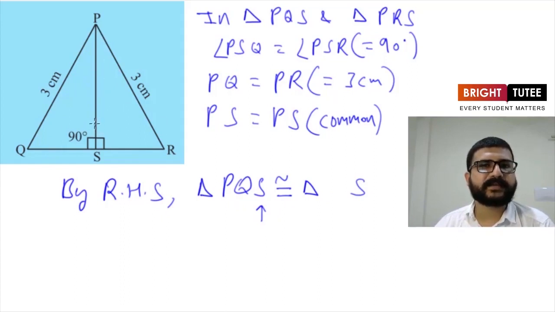And then we are having PS is equal to PS. So it means the vertices opposite to them are going to correspond to each other. So here the vertex opposite to PS is Q, and for triangle PRS we are having the vertex opposite to PS as R. So it means Q is going to correspond to R. So Q is written in the middle. So we are going to write R in the middle now. Now we are left with only one vertex, that is P. So it will be in the beginning of the name of the triangle, that is triangle PRS. So now the congruency relation came out to be triangle PQS is congruent to triangle PRS. So here also we have used RHS congruency criteria.